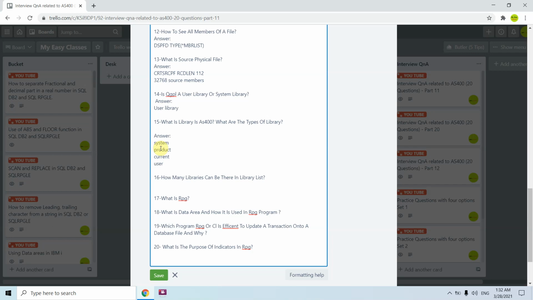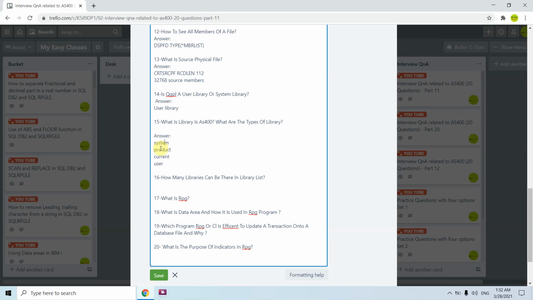A system library is something supplied by IBM, like QSYS or QHLP, or starting with hash. The product library is again an IBM supplied library, but it gets added to the library list only when those products are used, and then removed automatically by that product once the program initiated using that product finishes.